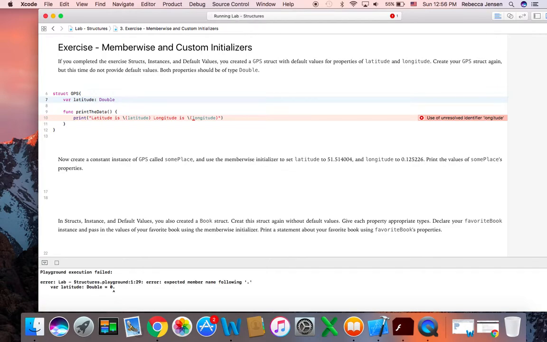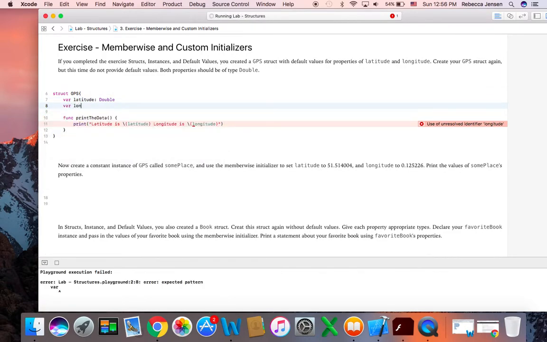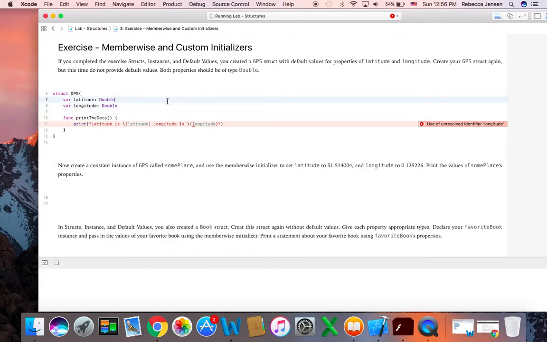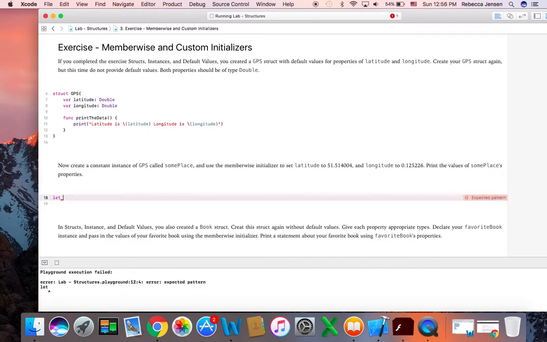So we'll do that, and then var longitude: Double. Okay, so that's what it's asking us to do, and I'm going to leave my function here even though it's not needed. And then here it says now create a constant instance. So remember the instances you create, first of all, it's a constant, so we're going to say let, and the instance is the instance of GPS. I can call it anything I want, but it says to call it someplace, so someplace,